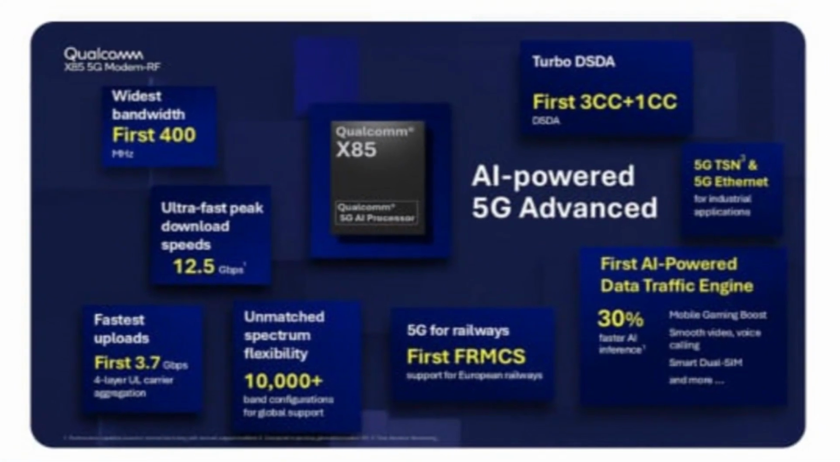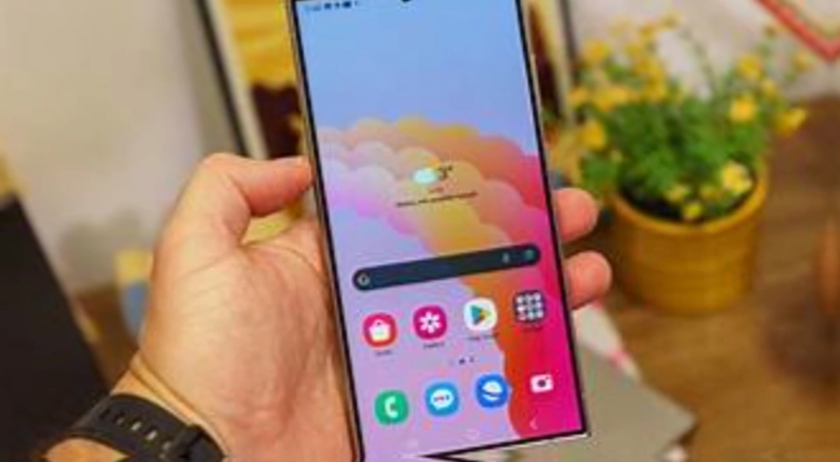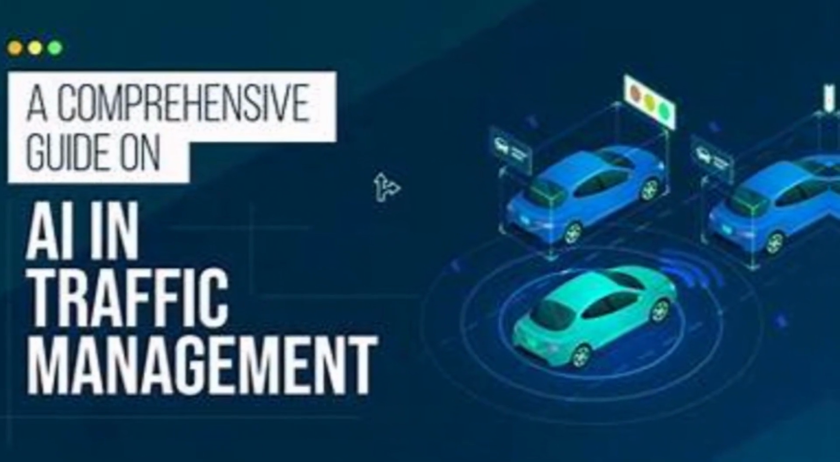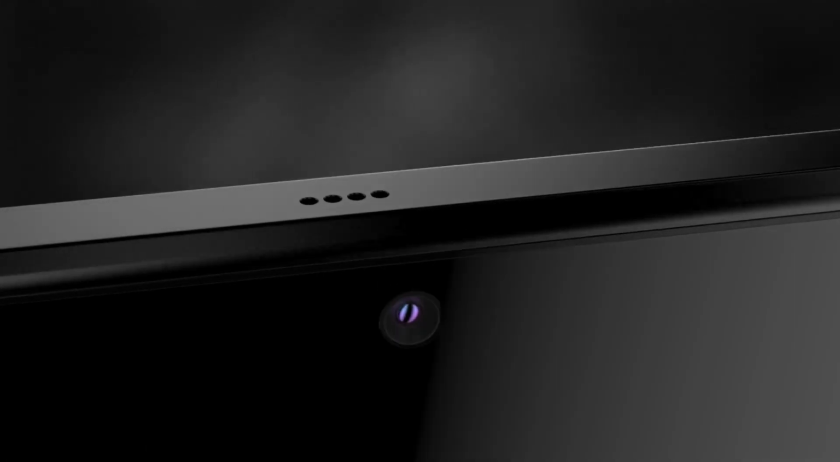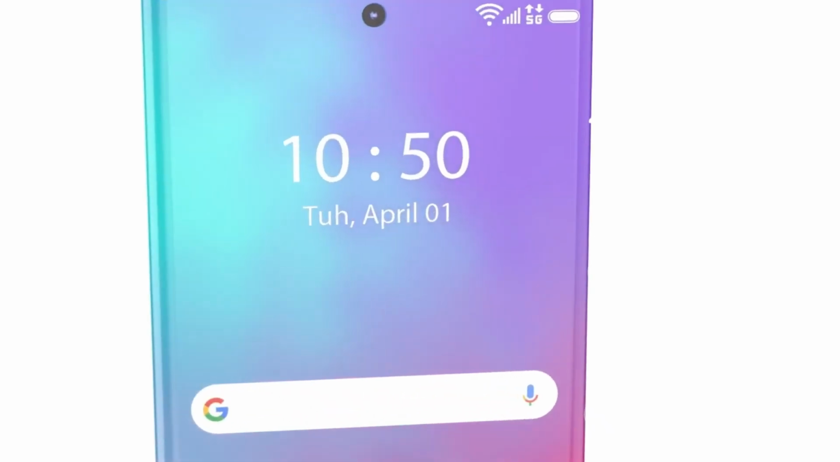The X85 modem isn't just about speed. It's also about intelligence. Qualcomm's new modem comes with an AI-powered data traffic engine, a feature designed to make your online experiences smarter and more efficient. This AI engine can prioritize data traffic dynamically, which means it can give your gaming sessions top priority even on a crowded network. No more lag spikes in the middle of an intense